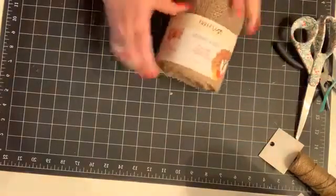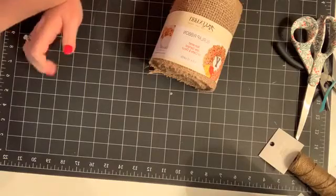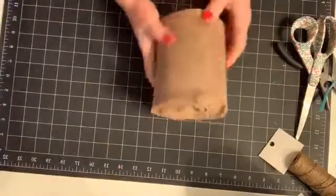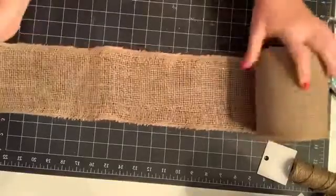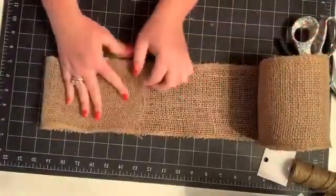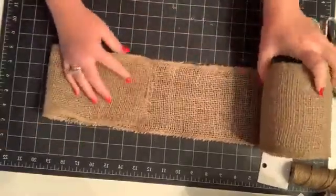So I don't make a big loopy fancy bow. It's just not the way that I do it. You might prefer the big loopy bow that you make with like the Bodabra or one of the other bow makers, but this is just the way that I do it. I feel like it's a lot easier. You can make a bow really quick. It doesn't use up a ton of ribbon. So I cut off probably,